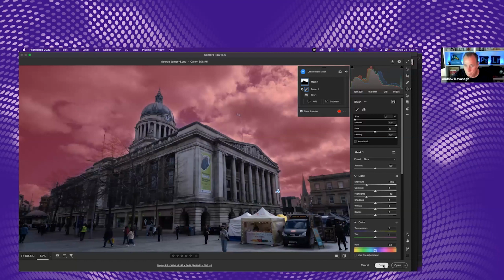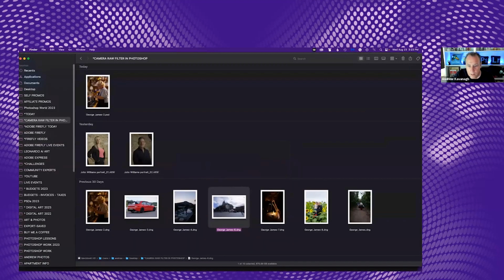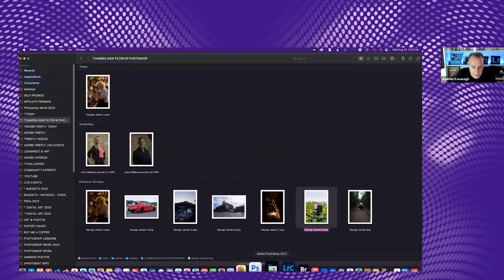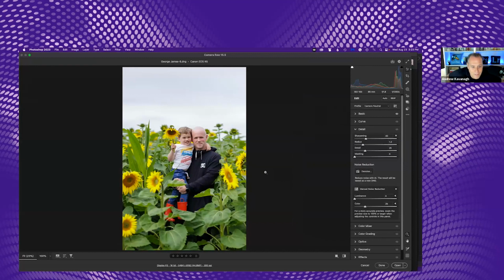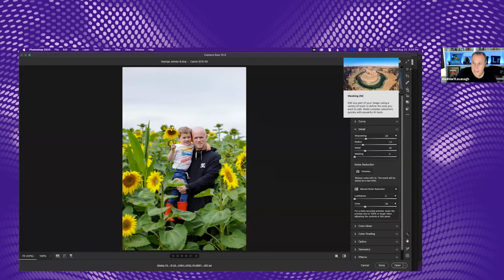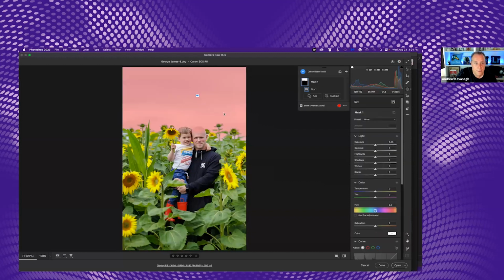So just hit done, and it goes away. So I'll go back to here. Doing pretty good. It's a photo by George James, of George James and his son, sweet son. Good photo. This one is a bit overexposed in the sky and in the front. So this might be a good example where I would go to the masking and once again click sky. And yes, it bleeds a little bit into